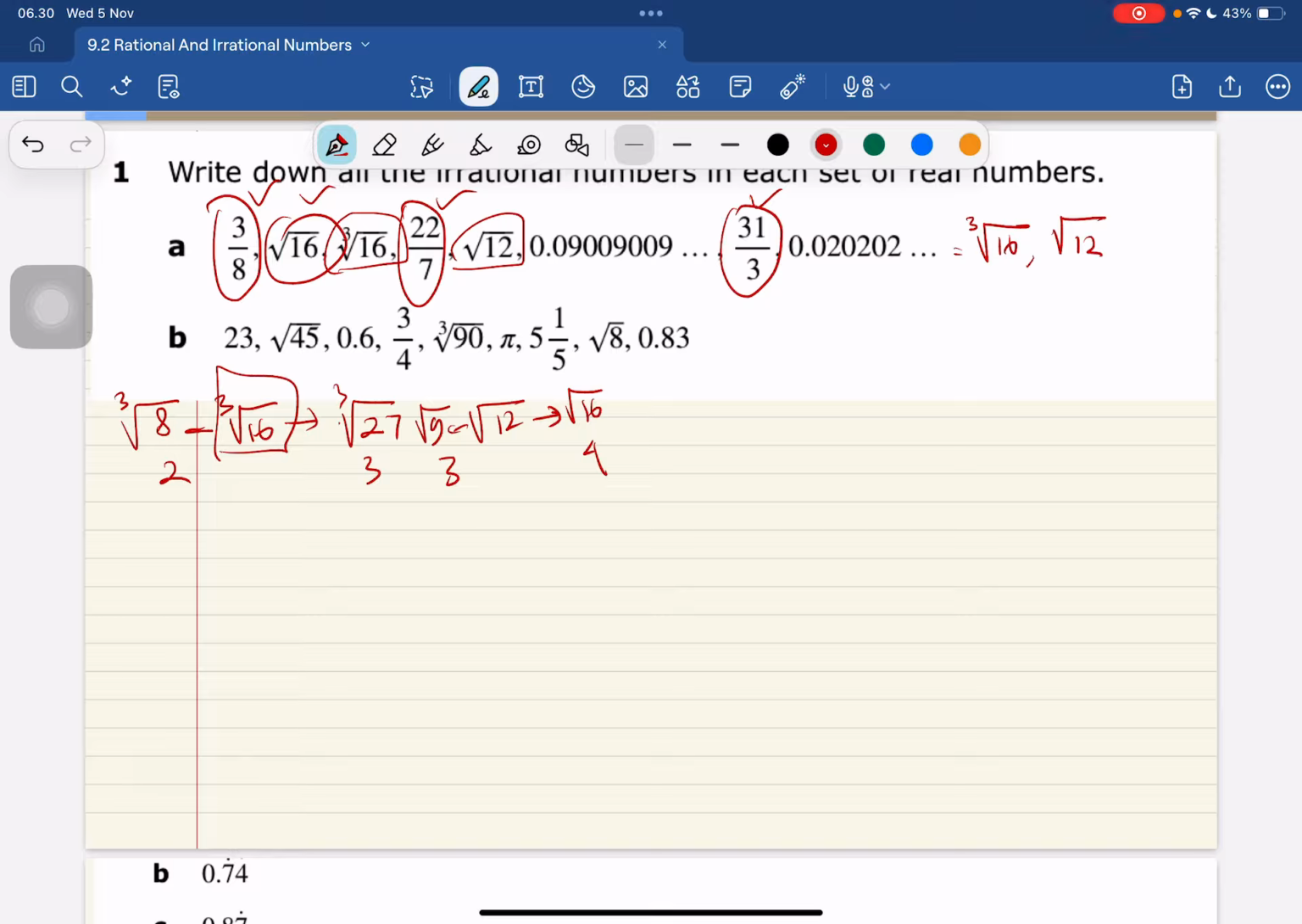Look at this decimal number. We've got terminating numbers or recurring numbers, which always continue. Look at this. We've got 0, 9, 2, 0, 9. So this is not a recurring number. This is not repeating. So we can write this is not rational. So we can write it here: square root of 16, square root of 12, and